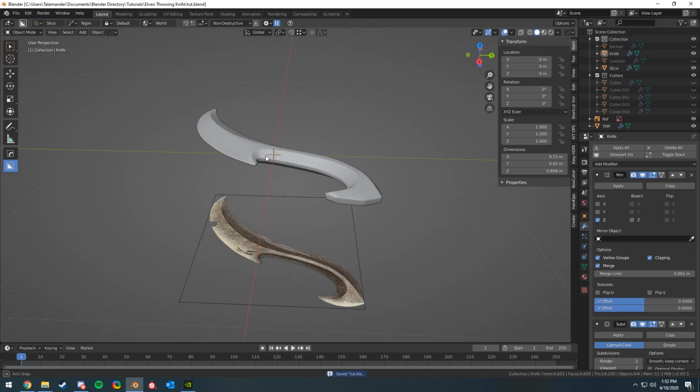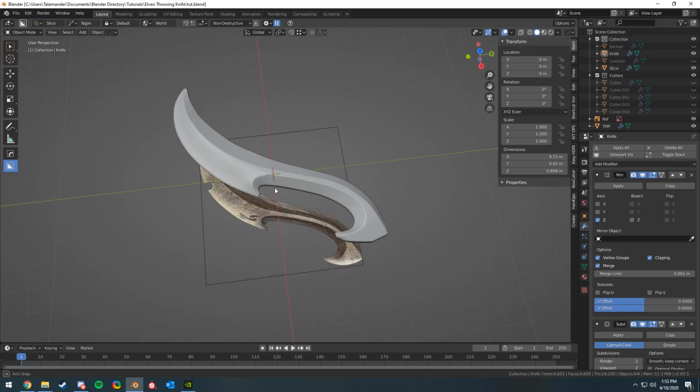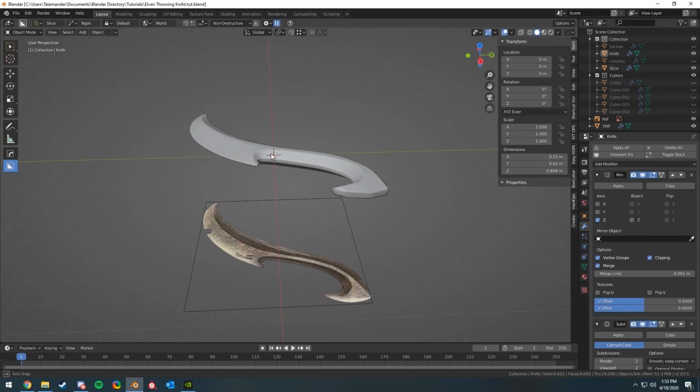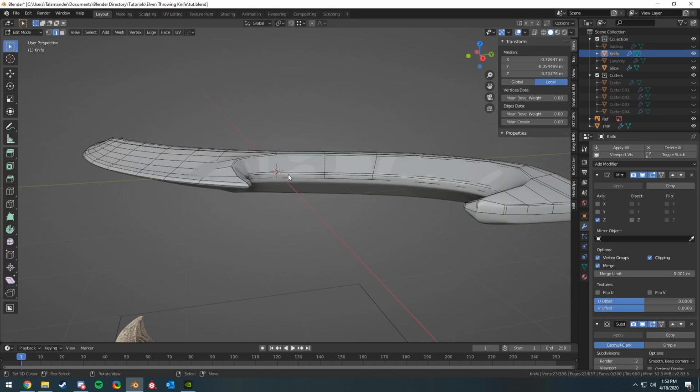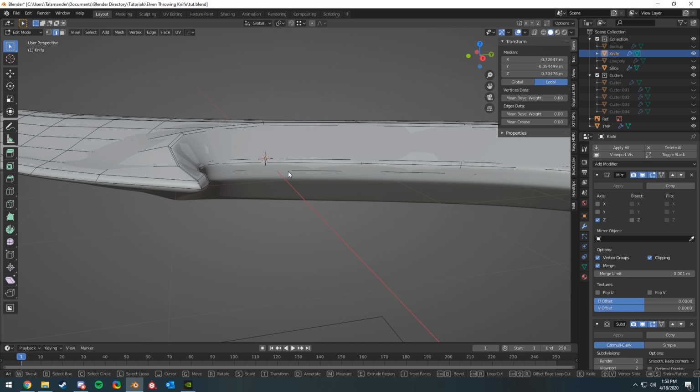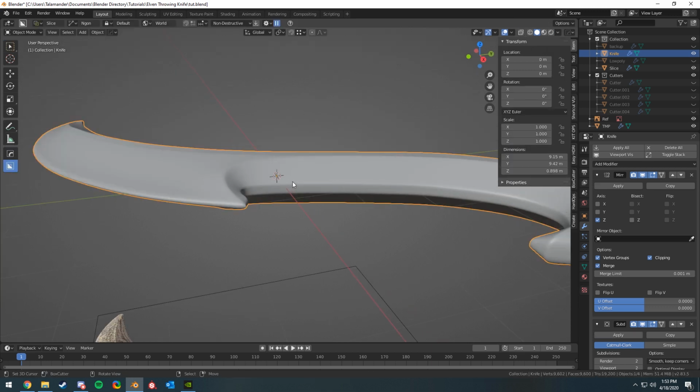And just be aware I am constantly saving this file. I really should be saving duplicates of this file, but I'm not. It's something I can improve on. And at this point, I'm about ready to begin the UV process, which is actually super simple with this mesh,